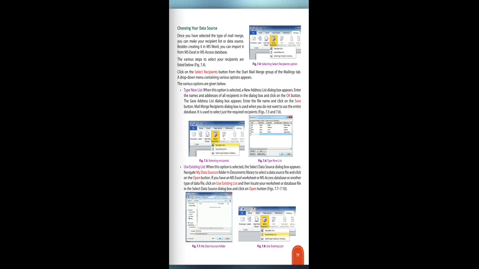Navigate to the data source folder in the document library, or MS Access database, or another type of data file. Click on Use Existing List, locate your worksheet or database file, select it in the Select Data Source dialog box and click on the Open button.